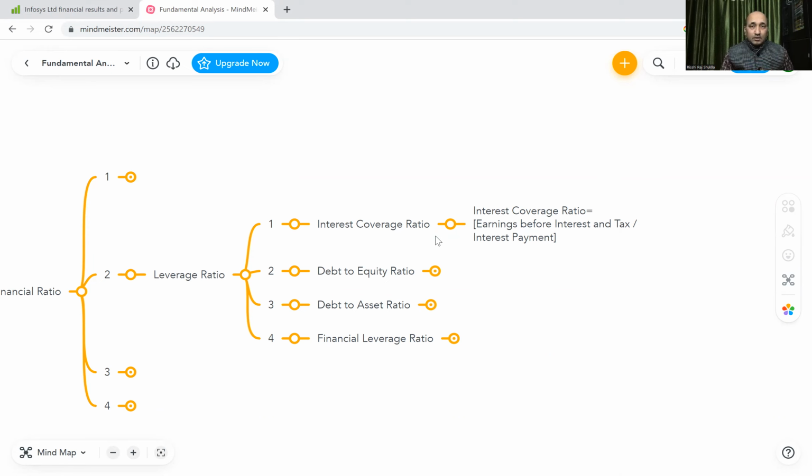If the interest repayment equals earnings, that means the company is in a cash crunch, because the company will definitely have other liabilities, and due to anything little bit here and there, the company will not be able to pay its interest. And if the interest is more than earnings, then it is in a bad state. Definitely the company will default. There is a maximum chance of defaulting. So this information we get through the interest coverage ratio.